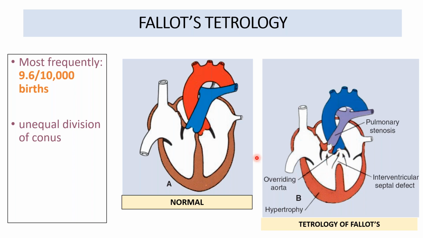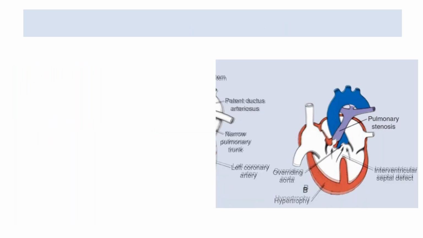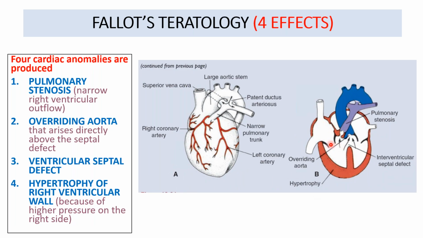In front of the right ventricle, what should have been there? This should have been the pulmonary artery. And in front of the left ventricle, in continuation, should be the aorta. But because of the pulmonary stenosis, the aorta will override the right ventricle also. So the right ventricle will also be in continuation with the aorta. This is called overriding of aorta. So remember, these are the 4 defects associated with Fallot's tetralogy.